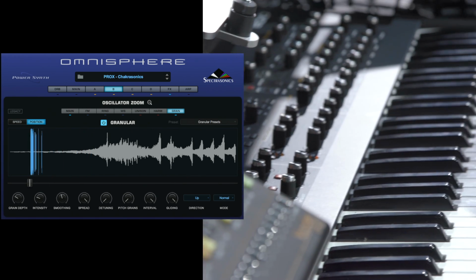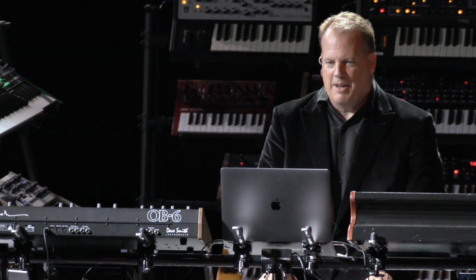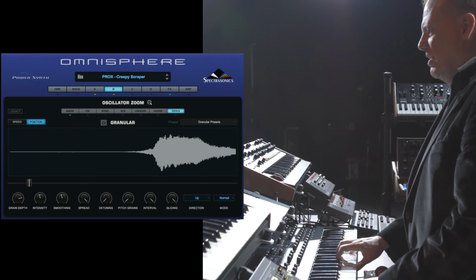Okay, so here's the crazy thing. The Prophet X doesn't even have granular synthesis. So you can now use the Prophet X to do granular synthesis in Omnisphere, and you can even put your own audio in Omnisphere, and then you're controlling it from the Prophet X. It's amazing to have the combination of those two things. And the kinds of sounds you come up with are very different than the kinds you come up with on the JX, for example. So like, here's a